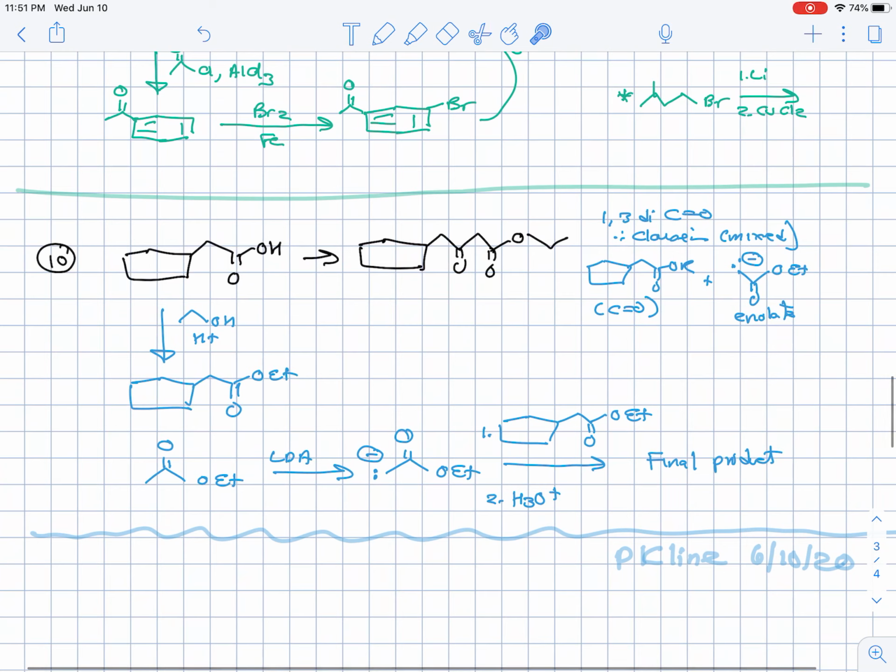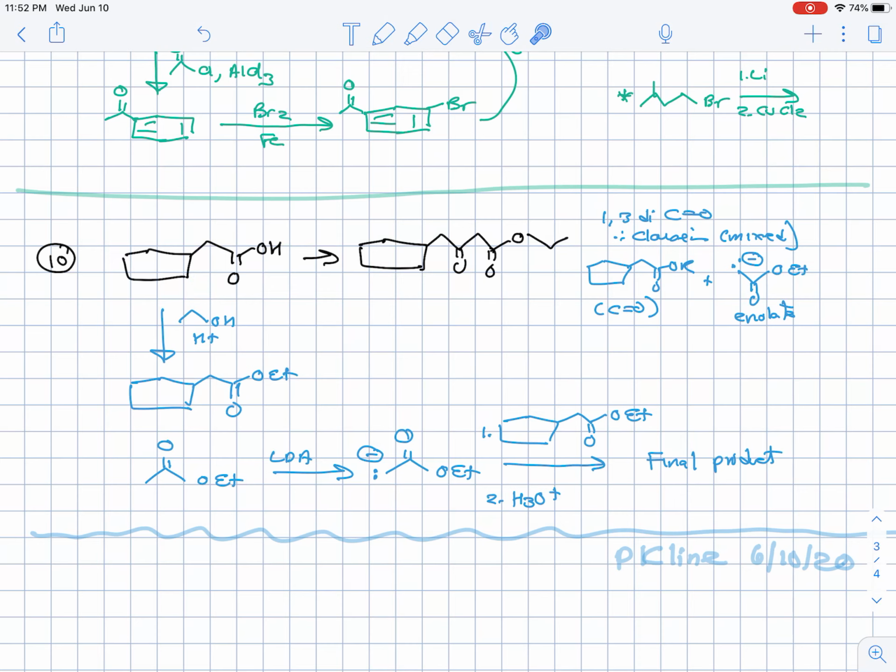And finally, we have this compound, which is a 1,3-dicarbonyl compound that you can make from a Claisen, and it's going to have to be a mixed Claisen. And remember, with the mixed Claisens, you don't worry about whether or not they both have alpha hydrogens. You just do a directed Claisen, although here you would have to do that anyway because both of them do have alpha hydrogens. Again, like one of the earlier problems, this is not going to go well if you try to do a Claisen on a